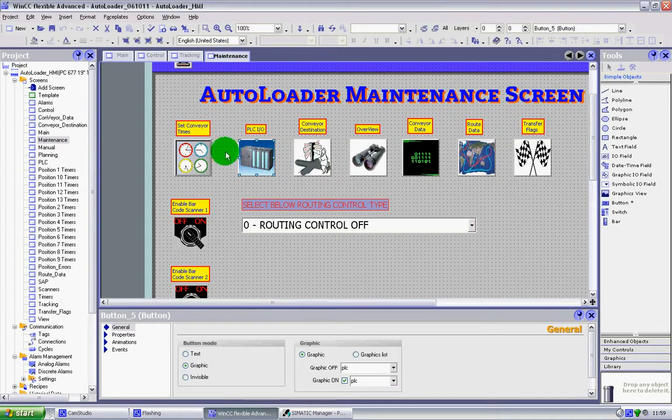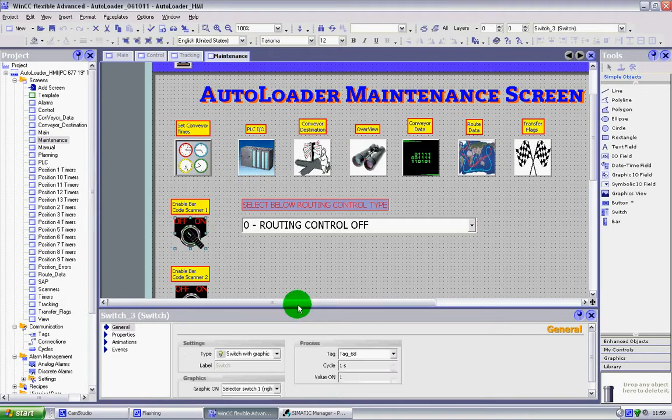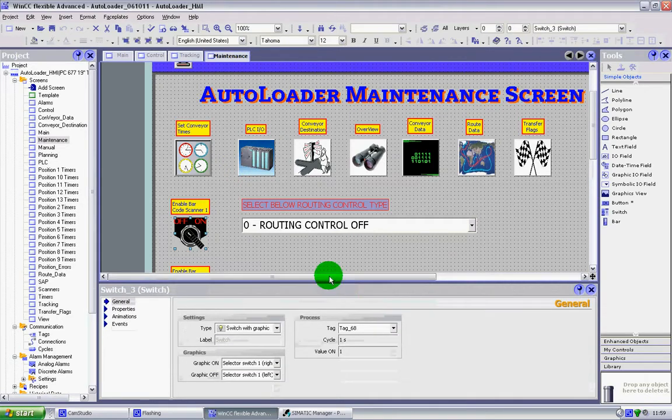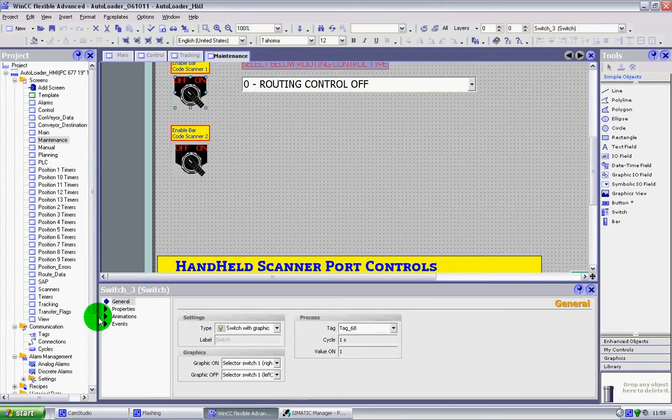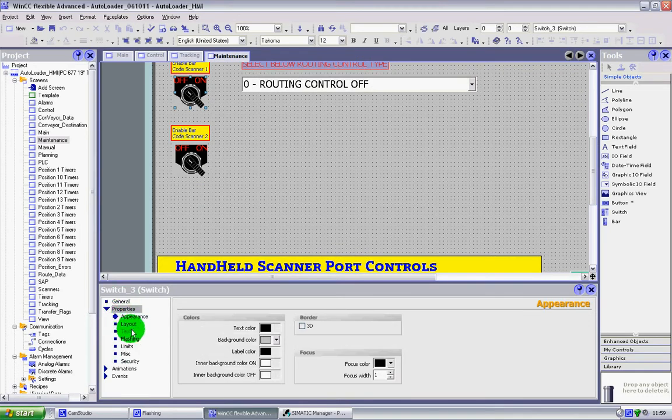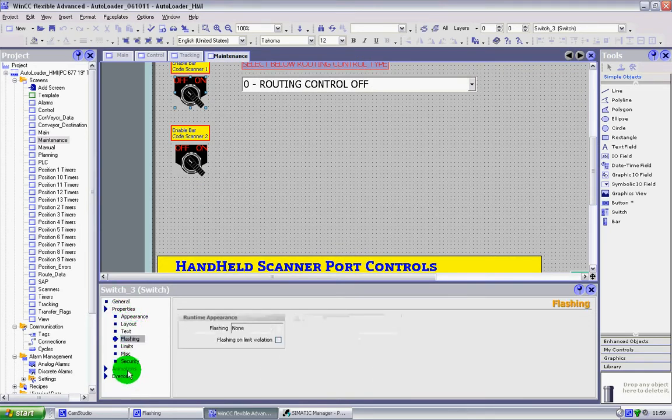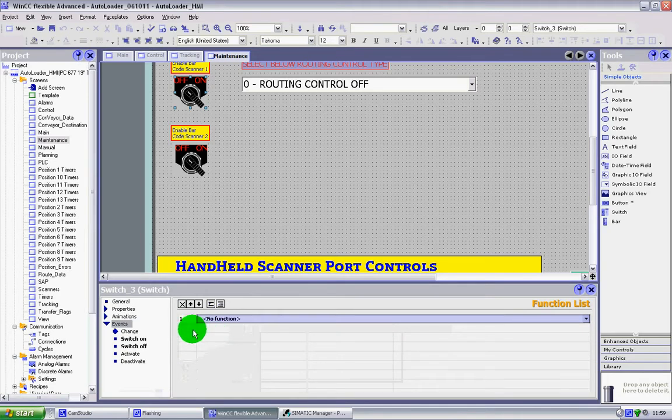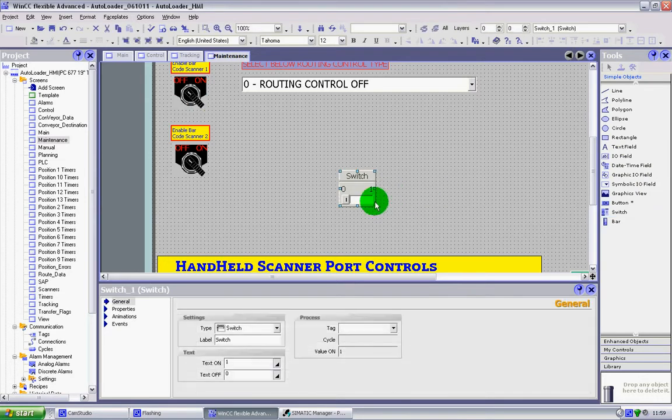So we will be going through some of these, so we'll go back to our other screen shortly, but what I wanted to show you was some of the properties. Just to show you that these properties are all the same, or virtually all the same anyway. You've got the appearance, the layouts and the flashing, animations and events, switch on, switch off. Some of them vary if we're using switches, so we actually have a switch here, so you can put a switch on,